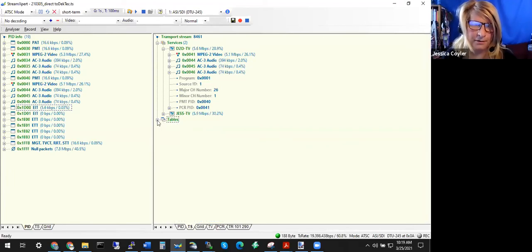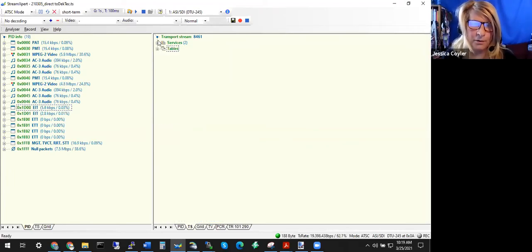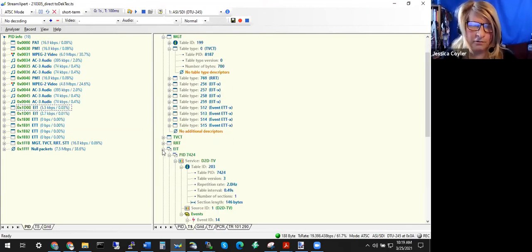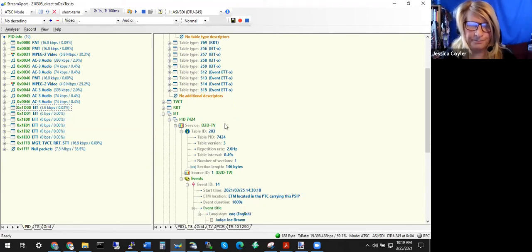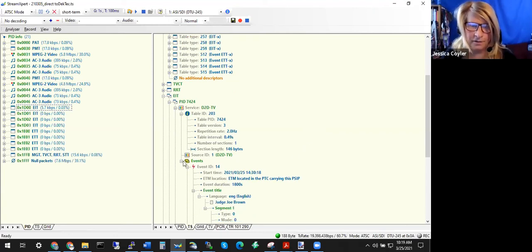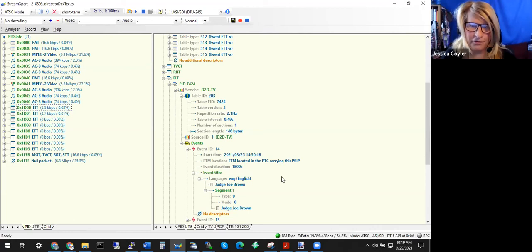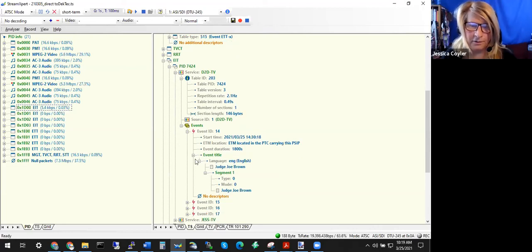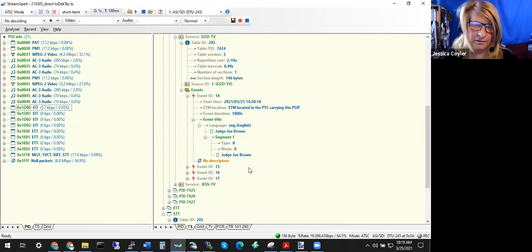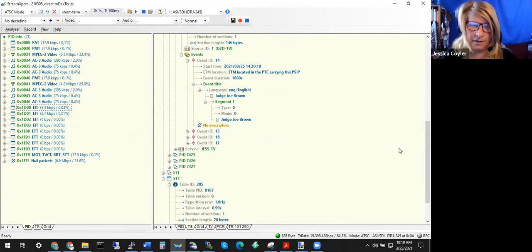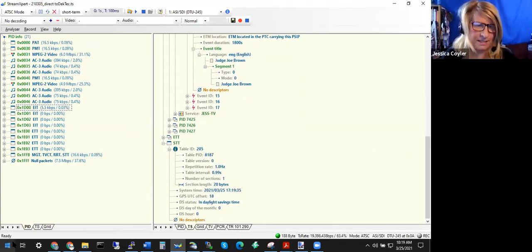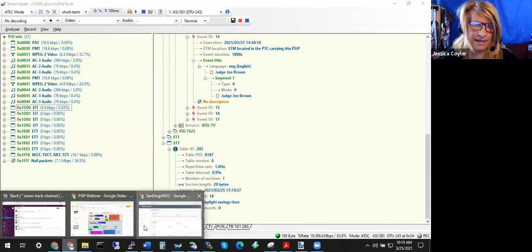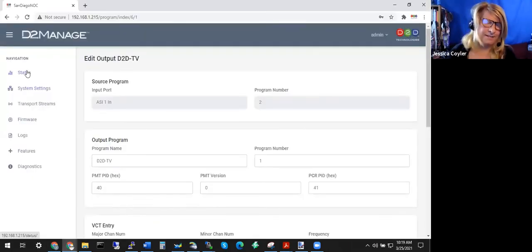So currently you'll see how we've added the tables into here. And as Steve mentioned, here are the EIT tables. Under the channel, I branded D2D TV. We've got some events here. Basically, it's event number 14. Here's a title: Judge Joe Brown, and it says it's in English, and it goes forward like that. So basically, it's as easy as plugging in a box inline, ASI in, ASI out,